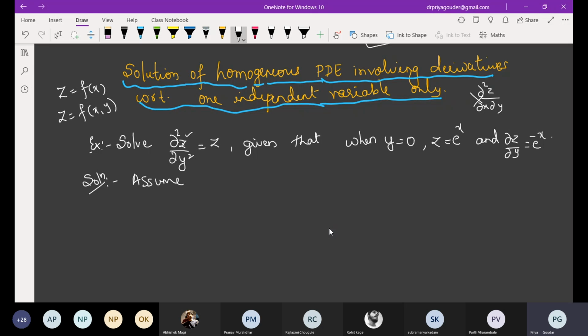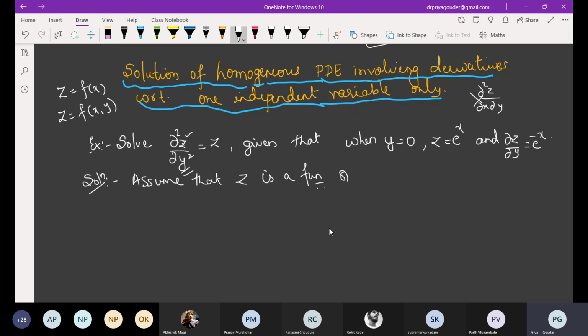And one more thing, we cannot apply direct integration here. No doubt, here it is differentiated twice with respect to y, which means we can integrate twice with respect to y. But what happens on this side? How to integrate z? That is the question. If it was in terms of x and y, we would have applied direct integration. As this is a dependent variable only, we cannot perform direct integration. Okay, write down. Assume that. So what we have to assume is that this dependent variable z is a function of what?